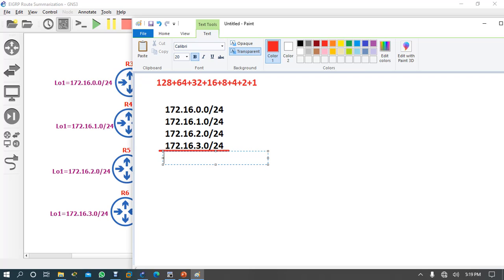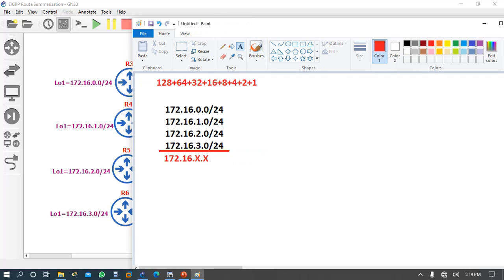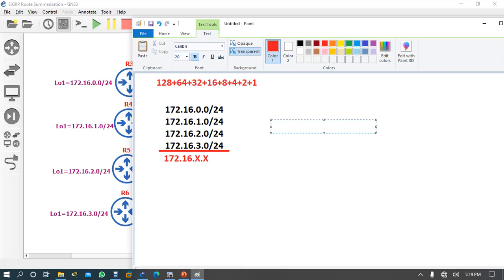So which octet is common? 172 is common, no changes. Here there are changes, so you put a cross. I don't know what the value will be. Okay, so in this summarization you need to have two things. What two things do you need?